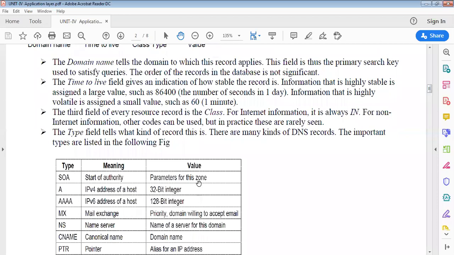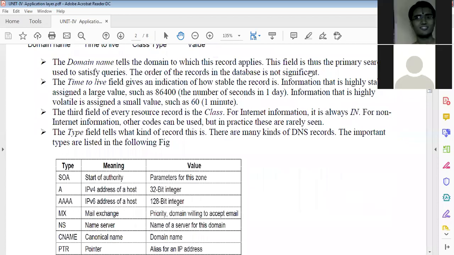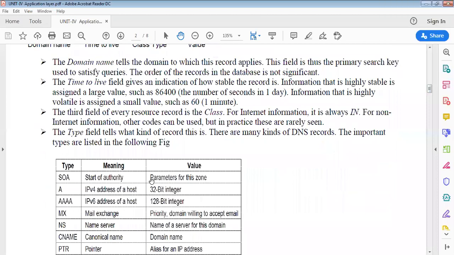The first one we have is the SOA. The meaning of this SOA is start of authority. The start of authority will also give the information about the